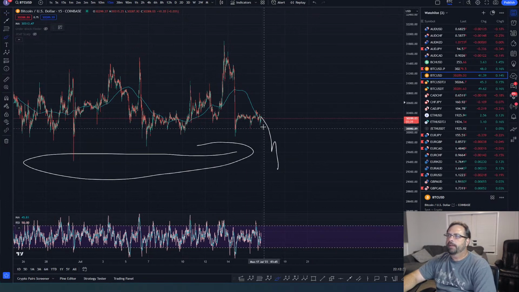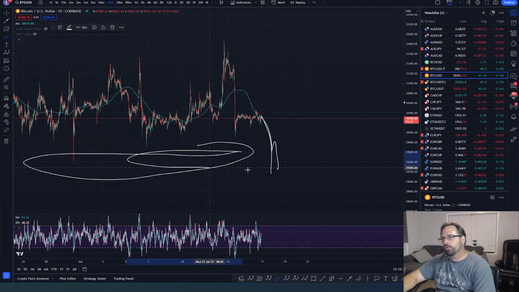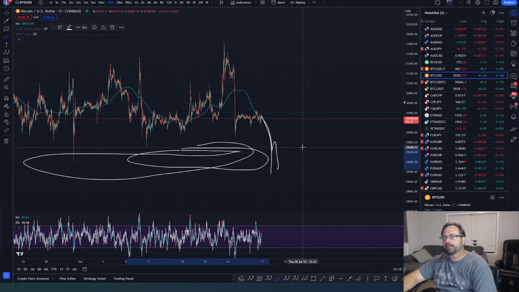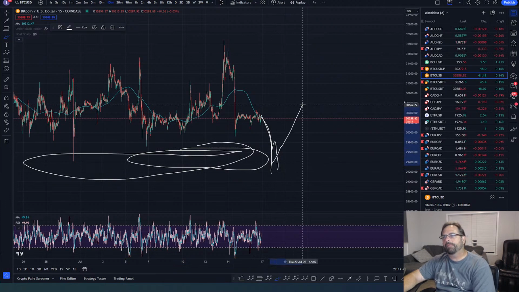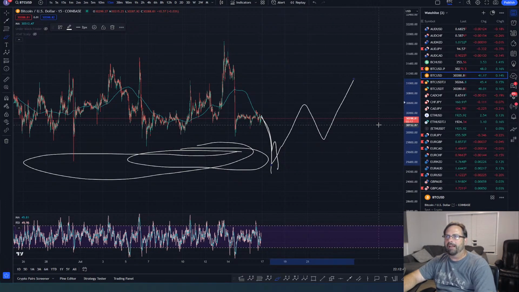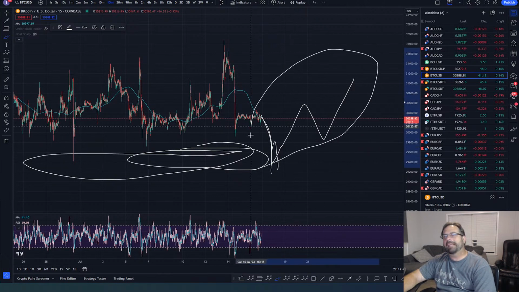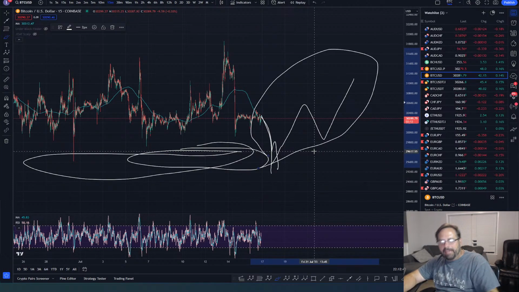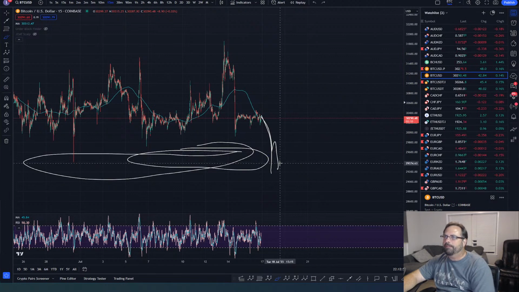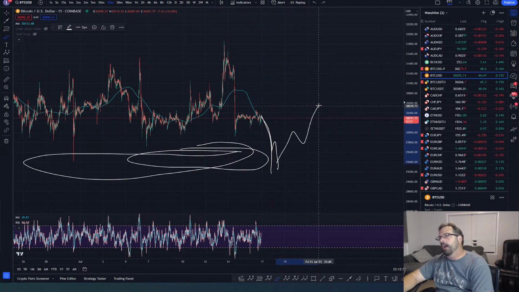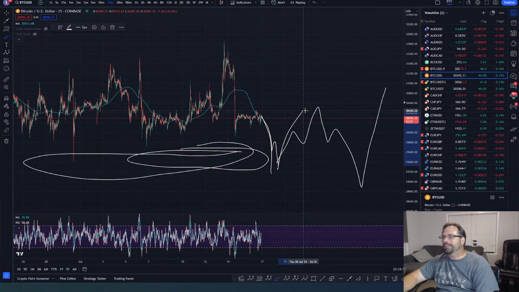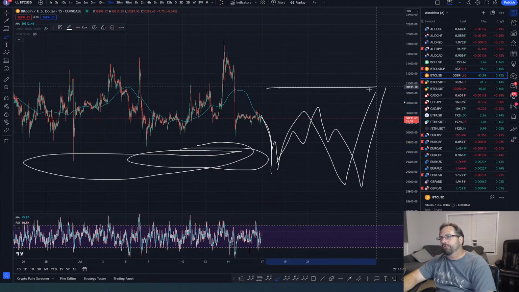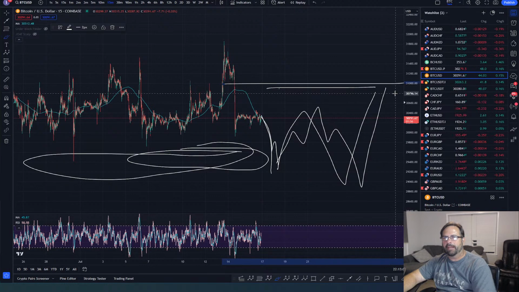Now, if that happens, let's just boil it down to 2 options. Number 1, if this comes down, taking out this liquidity down here, then there's 2 things that's going to happen. It's going to go up in 3 waves back to the upside. Now that 3 waves can take any number of shapes. If I were to guess, it's probably going to go up 3 wave-ish in some kind of expanded flat. So watch out for some kind of an expanded flat up here. Get 3 waves back to the 618 region.